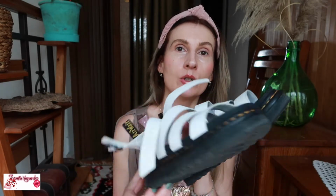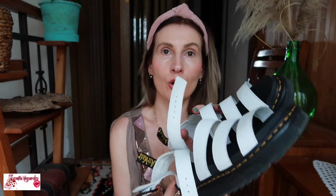So yeah, having said that, this is the reason why I went for the real leather, and I got them second-hand at the local Croatian website where I usually get all my second-hand clothes for very cheap. So these were exactly half off, maybe even a bit less than half off. So I got these in a size 39. I'm usually size 40 even when it comes to Dr. Marten's boots. Only the first ever pair of boots that I bought back in 1998 were size 39,